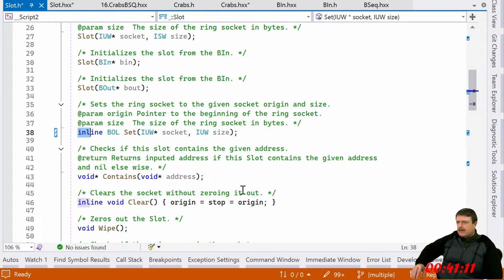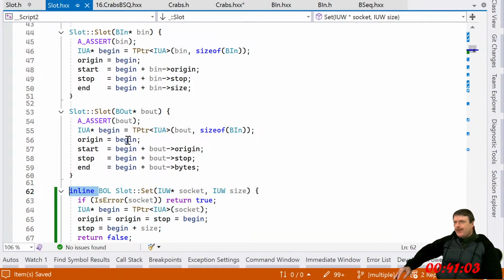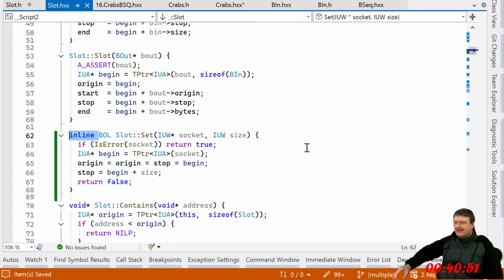It doesn't do anything, because you only get the inline if you put it here, right? So if you use multiple .cpp files, I mean, you're shit out of luck, bro. Definitely not going to be working. But if you use one translation unit, i.e. CPP file, you're just fine. Everything about that is stupid.